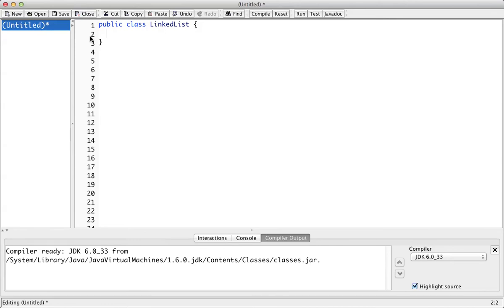My feeling is that if a nested class is the right thing to do, it just kind of feels like the right thing to do. In this situation, having a nested class seems like the right thing to do. A link doesn't really have any meaning outside of a linked list, so it really doesn't need to be its own class outside of that. And to be quite honest, it really doesn't need to be visible outside this class either. So I can declare a private class called Link,